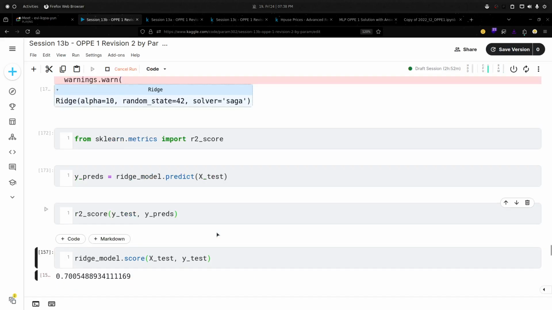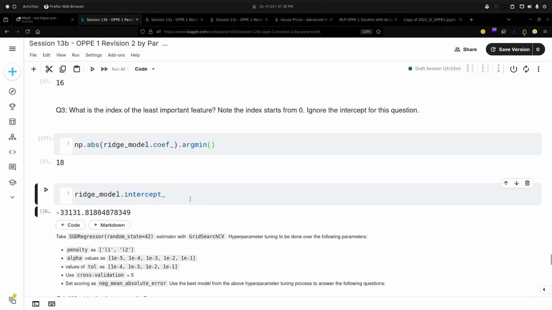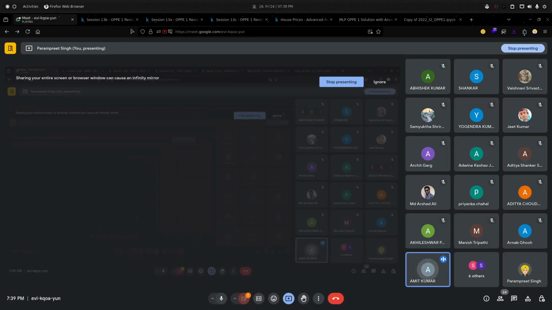All right, so now we have these coefficients as well. Also, someone in the NPPE is saying zero is not possible for the intercept.